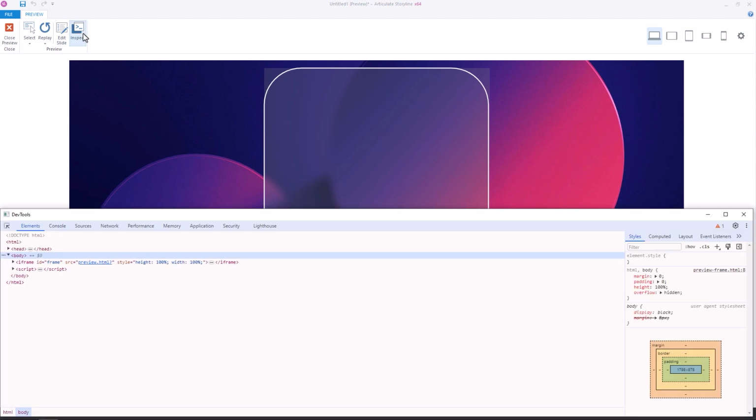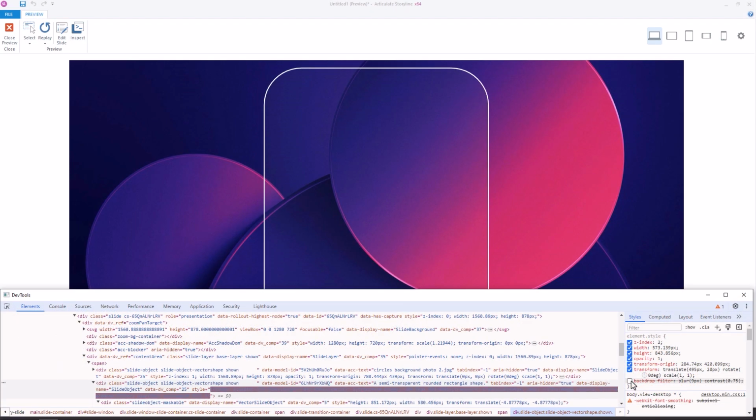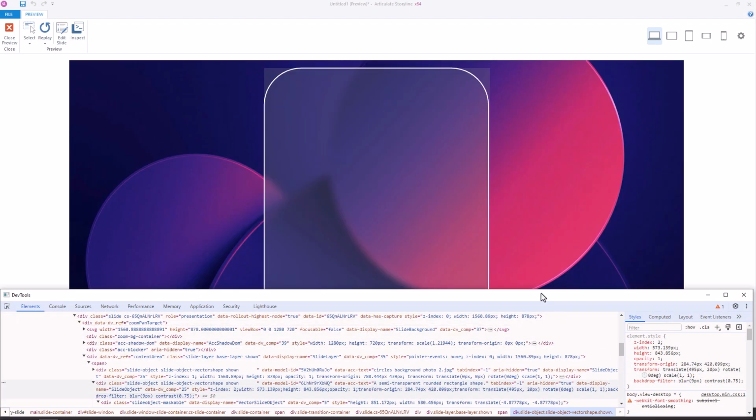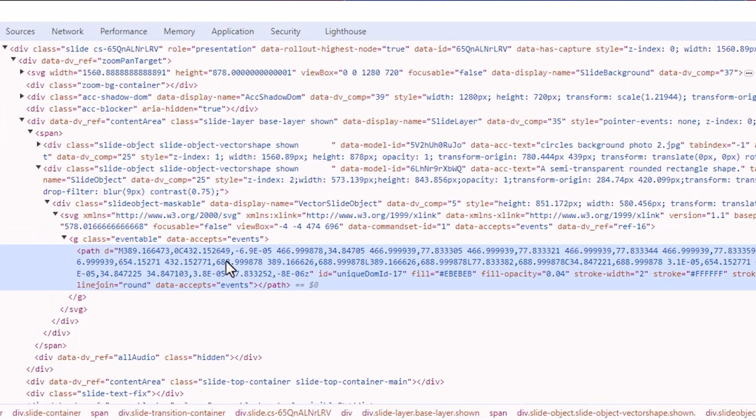This is because, if we check this out using the inspector tool here, the effect we've created is being applied to the containing div for our shape rather than onto the SVG path itself. You might therefore be thinking, couldn't we just apply the style to the path tag instead in that case? Well, unfortunately that isn't possible, as the backdrop filter style isn't actually compatible with the SVG path tag. But don't worry, we have some options.